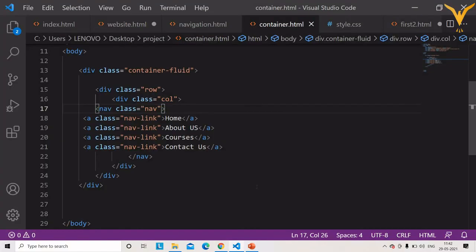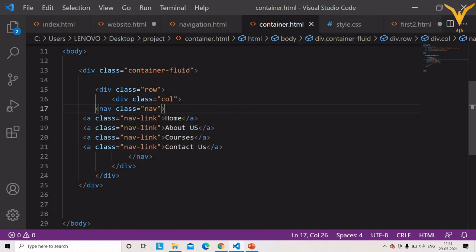As you can see, we have created the same thing. The output is the same. It's up to you which tag you use for creating the navigation bar. You can either use the UL li tag or you can use the nav tag to create your navigation.